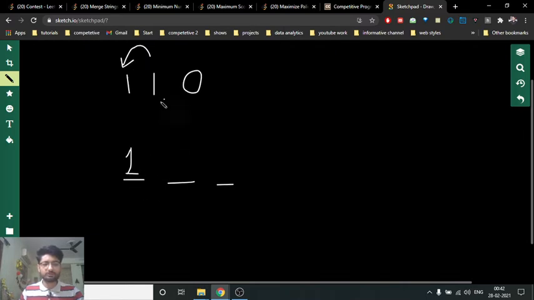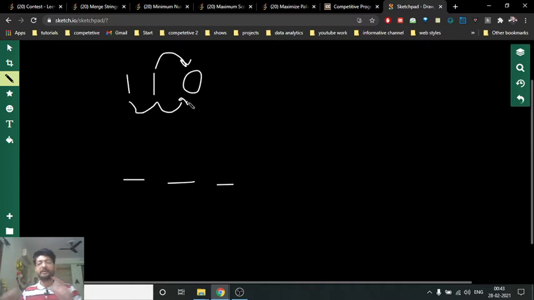If you want to place all the balls here, you just require one more operation. This is the initial phase, and you want to place all the balls in this box, so just take out this ball and put it here, so one operation is required. And maybe if you want to place all the balls in this box, then one operation is required to put it here, and two operations are required, because in one operation you can just take one ball and transfer it to the next box.